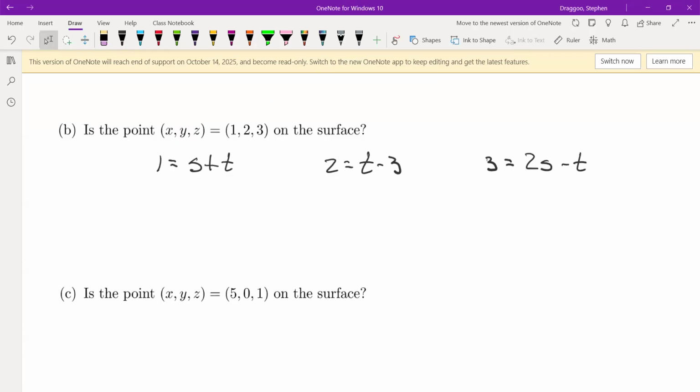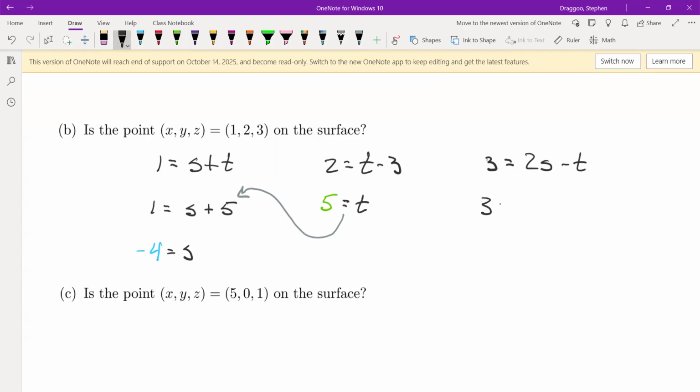So I'm going to start from the easiest one, which is in the middle. I get that t has to be equal to 5. It's my only choice. From there, I'll plug it into the equation on the left. 1 is going to be equal to s plus 5, which means s is -4. So maybe I'll color that in blue, color that one in green. Draw a quick arrow from here to there to kind of illustrate what I did. And now that I know my 2 parameters need to be 5 and -4, I'll check it against the third equation,